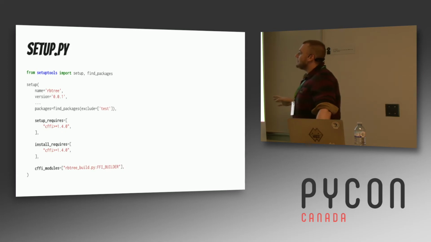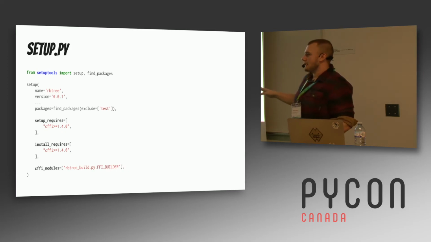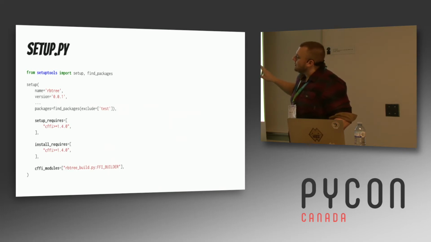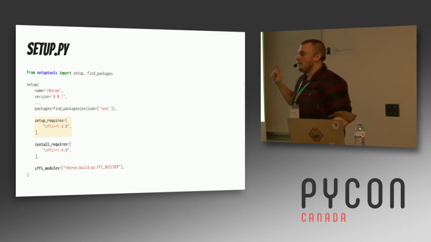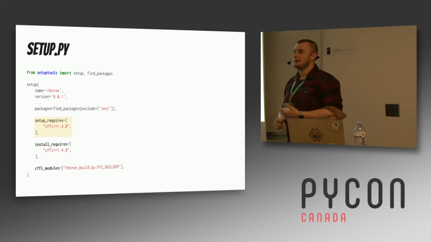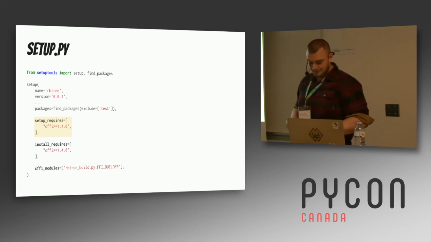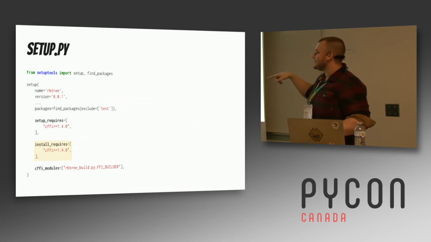I'm going to start with the setup.py. This is pretty much a normal setup.py file. There are two things that are pretty different. There's this setup_requires argument. Install_requires is pretty familiar: it says that in order to run and import this library, these packages need to be available. Setup_requires says in order to actually build this package, this needs to be available. So we need CFFI at the build step as well as at the time of import. So you want CFFI in both setup_requires and install_requires.